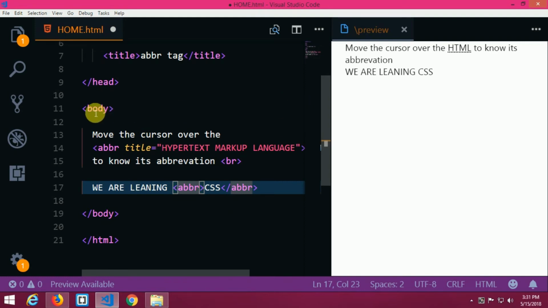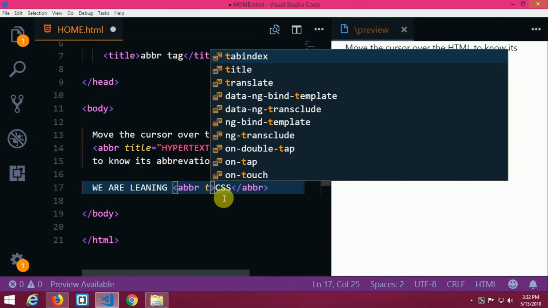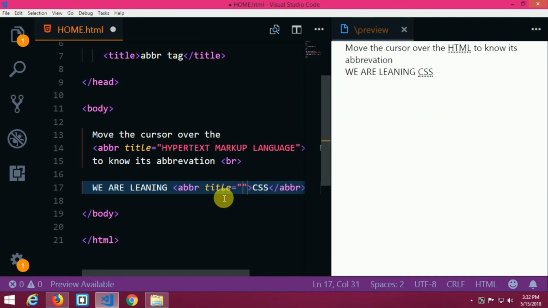So what is a tag and what is an attribute? This body is a tag because it has two parts. It has two tags actually. But an attribute always comes inside a tag. So this title is an attribute because it comes inside a tag. So I have to add the attribute called title. Immediately VS Code gives me lots of options. So let me click title, and I'm going to write